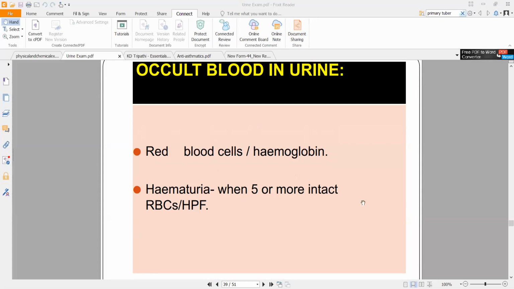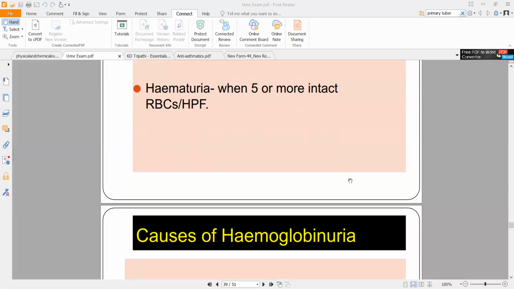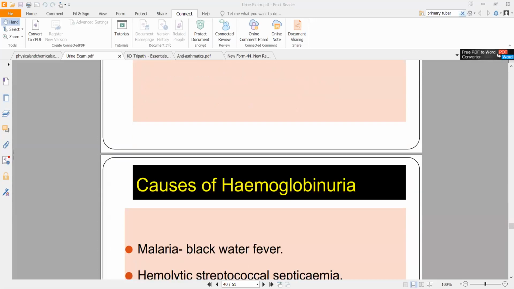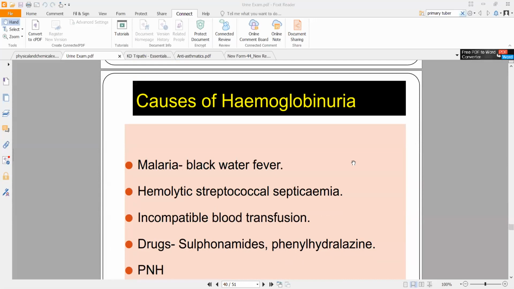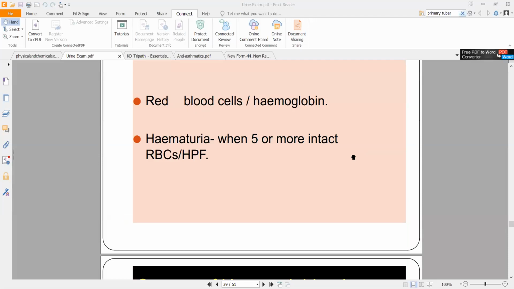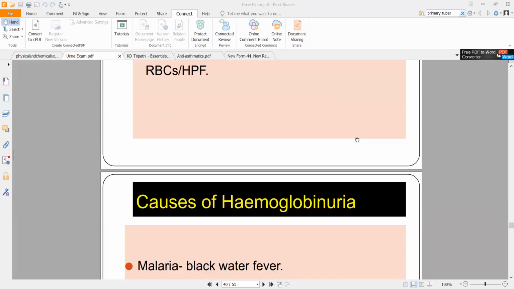Okay, coming back to finding red blood cells in urine or finding hemoglobin in urine. I just told you how hematuria is defined. If you have 5 or more RBCs in one high power field, so high power field will be a small section. What causes hemoglobinuria, or what causes hemoglobin to be present in urine? That is hemoglobinuria. Hematuria is blood in urine, a broader term. Hematuria will be RBCs or technically blood in urine. In that, specifically, you have categories. You can have hemoglobinuria, or you can have albuminuria, any particular protein of blood that is present in urine, or just hemoglobin present in urine in excess amount, obviously.